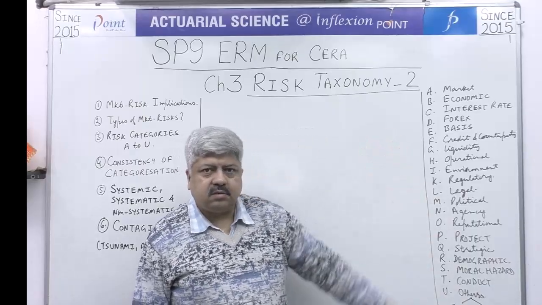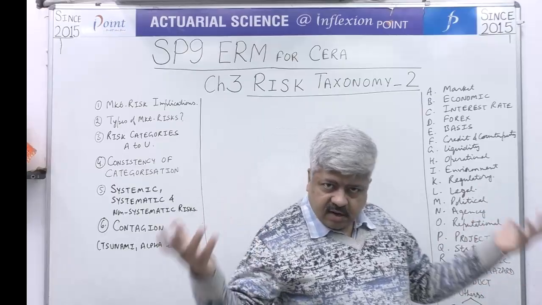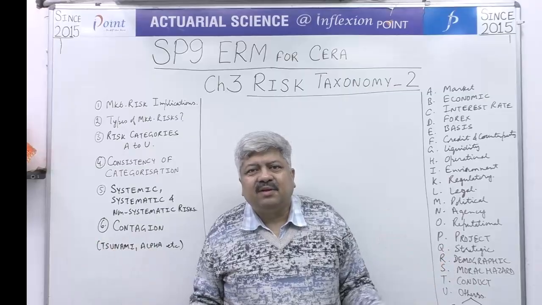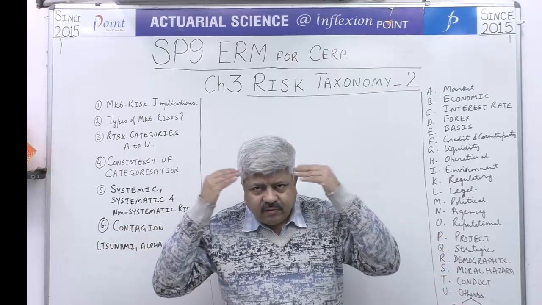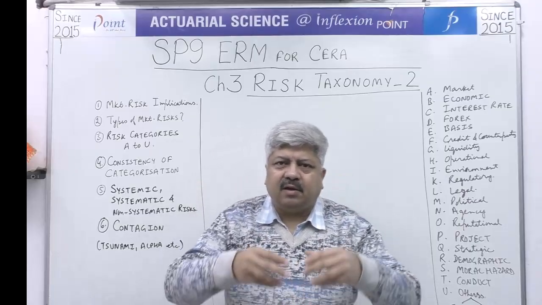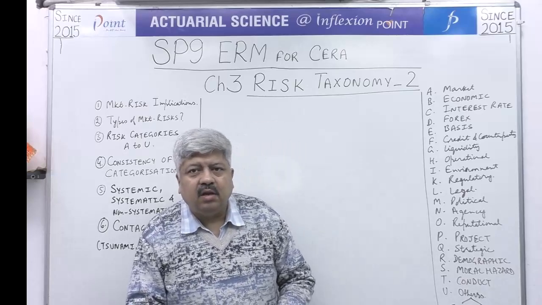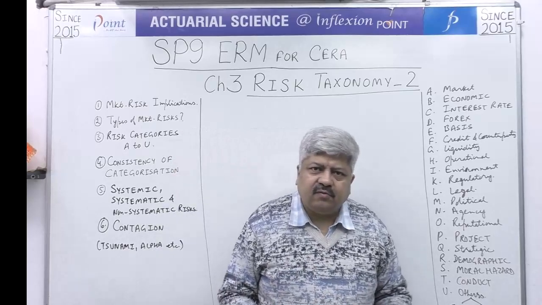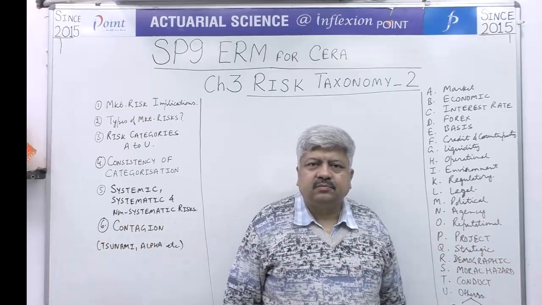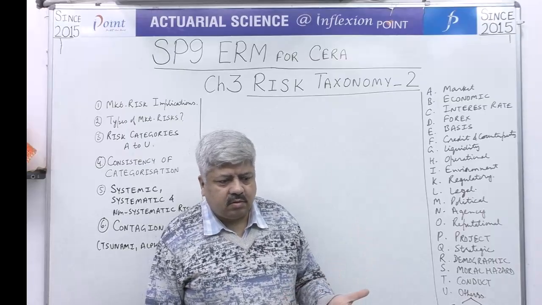The next is, now we must remember time value of money. Time value of money is a big concept. You can't be an actuary without time value of money. This is well ingrained, drilled into our brains. In fact, our very journey in actuarial science begins with the idea of time value of money. Time value of money is a function of interest rate, so when interest rate changes, time values change. So next is interest rate risk. Very easy to remember.